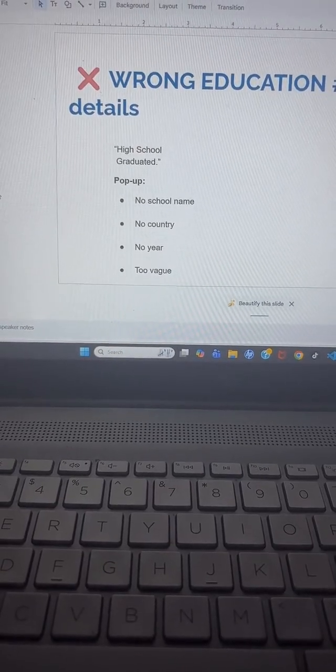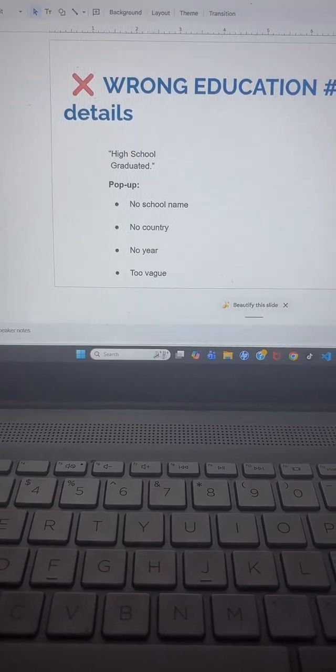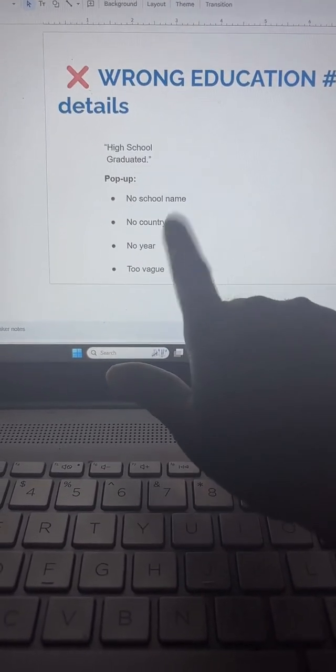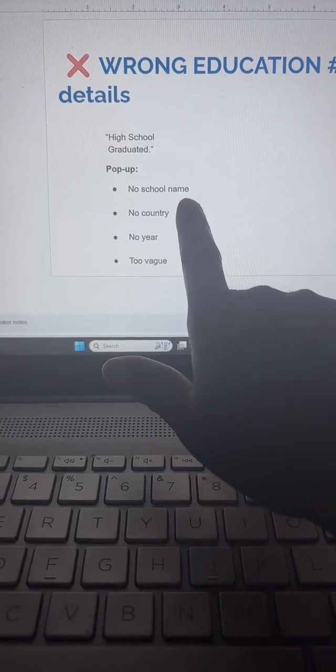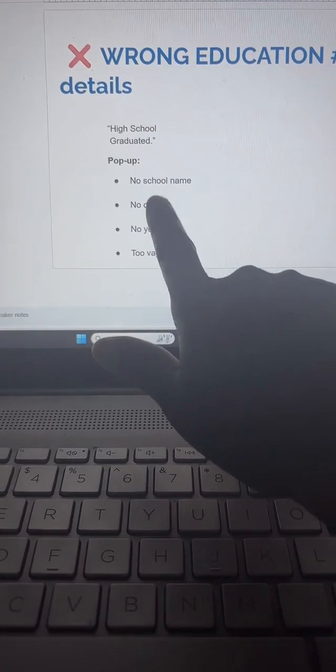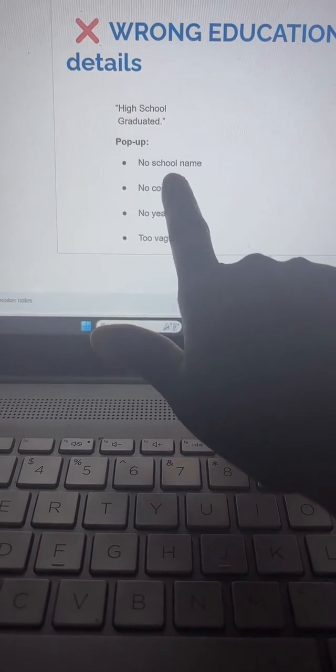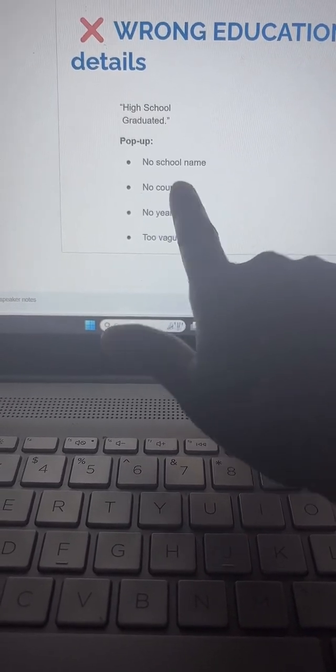Alright, so ensure that you're putting your school, and the city and the country where you went to school. This is very important.